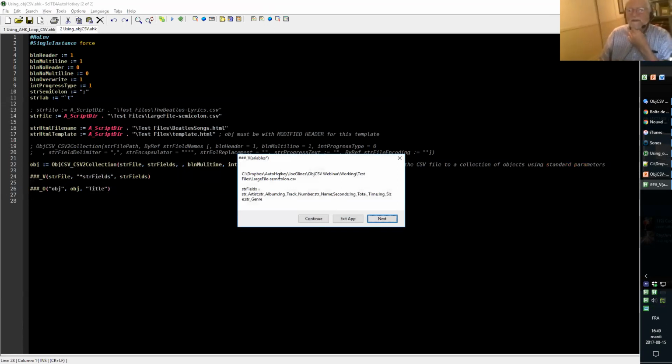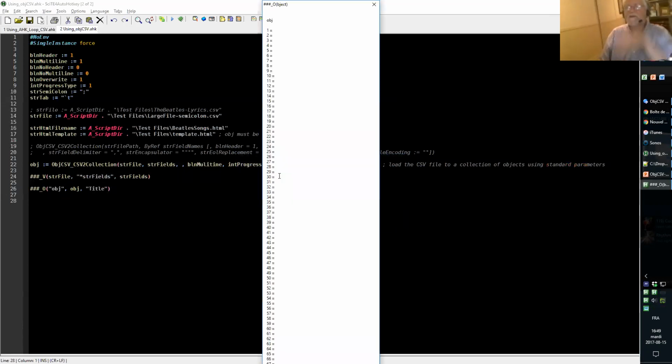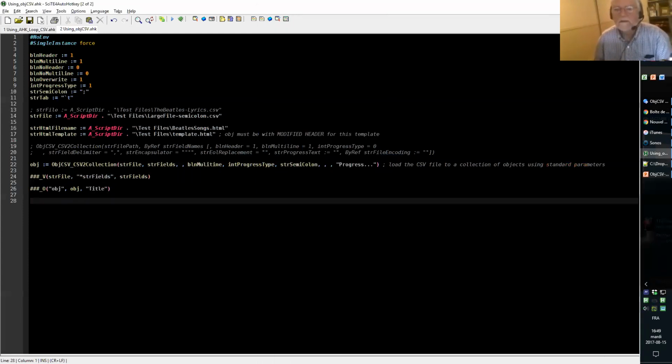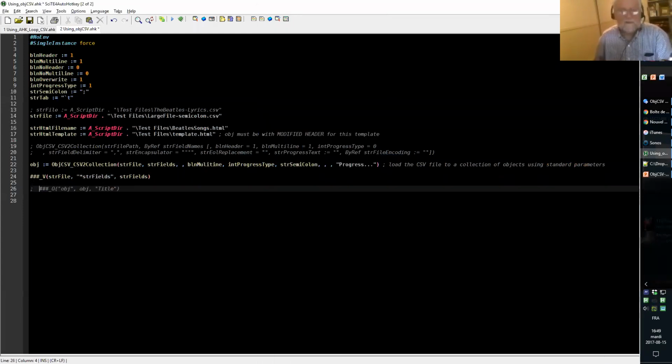So we have the fields, and there's of course a lot. So this object command is not very useful for this. I will use the command to show the content in the list view, but this one is very large, so just to save time, I can show you how it looks using CSV body, which is doing the same, but in a GUI that is very elaborated or complete if you wish.